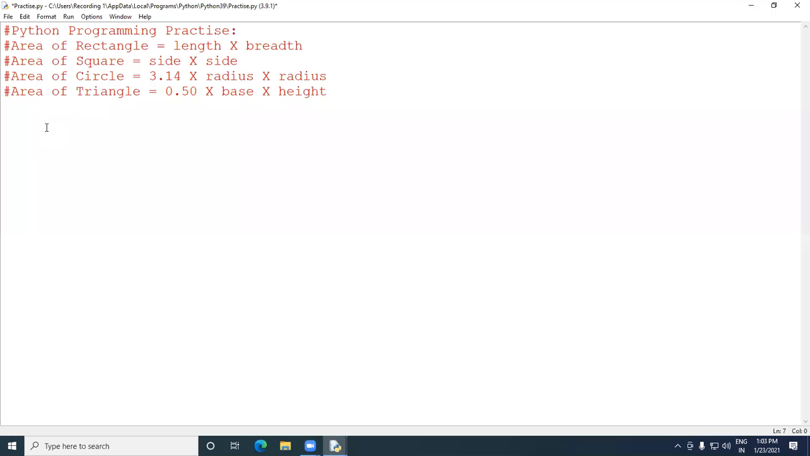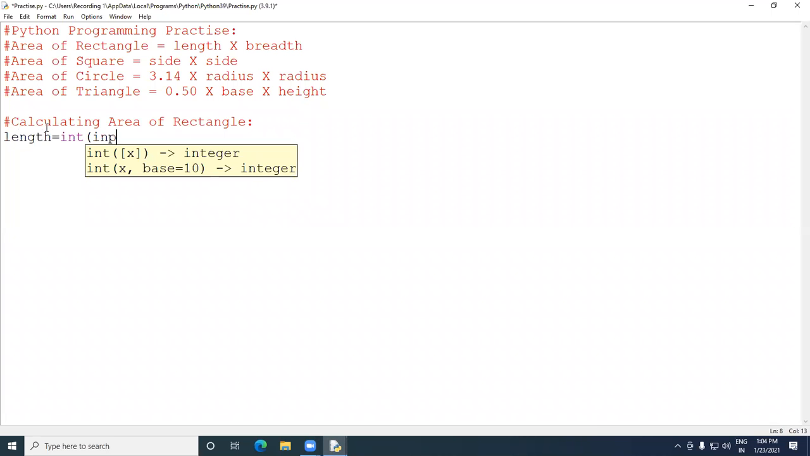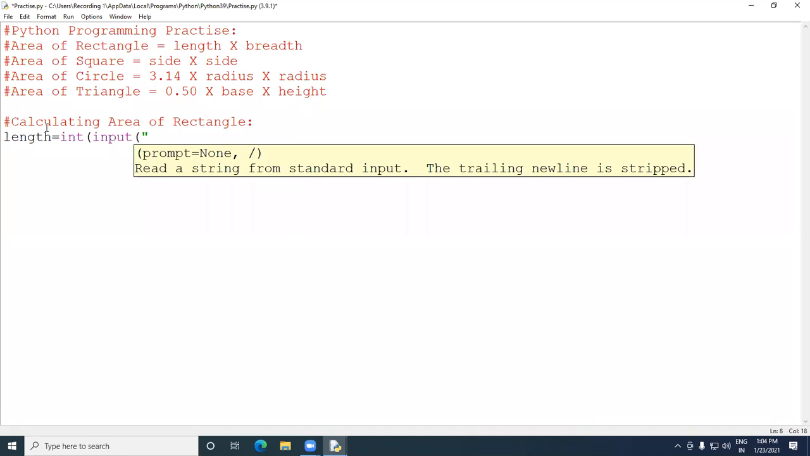Okay, so first we will calculate the area of rectangle. So what we will need is to take the user input of length. I am writing length as a variable, and it will be a number. That's why I am writing int also. I will write the input command, and then we'll ask to enter the